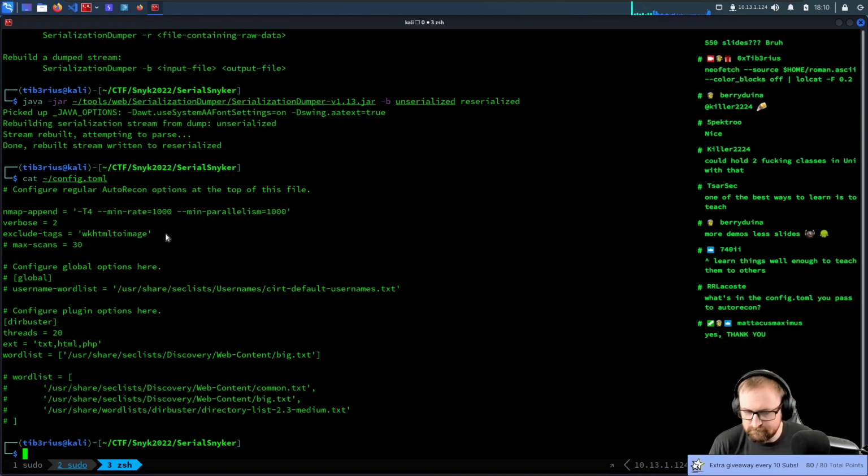However, AutoRecon doesn't want to make any assumptions about the kind of network you're on. However, I know that I run AutoRecon against single boxes, and so I pass it. I use this nmap append. All of these, by the way, are options that you can pass to a regular nmap. So if you do -h,